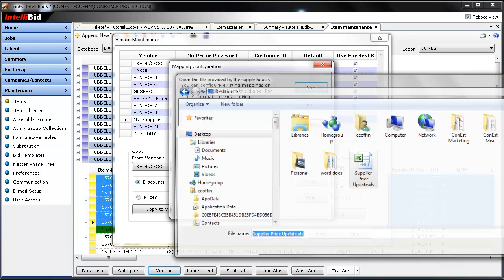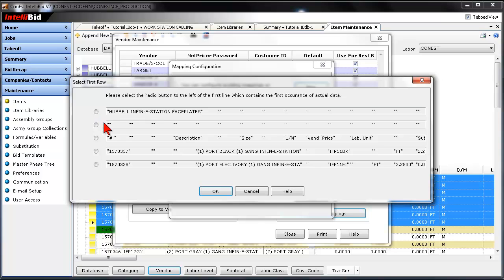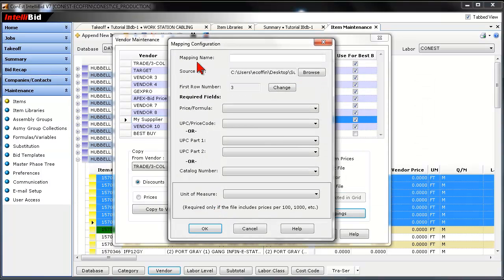Now, I select this, hit open, and I'm going to take the first row. It says select the first row of match that contains first of actual data. I'm actually going to grab the line that is the true header row. This is technically the first line of data, but for ease of use, this is more of a practical use. When the mapping configuration comes up, I'm going to call this